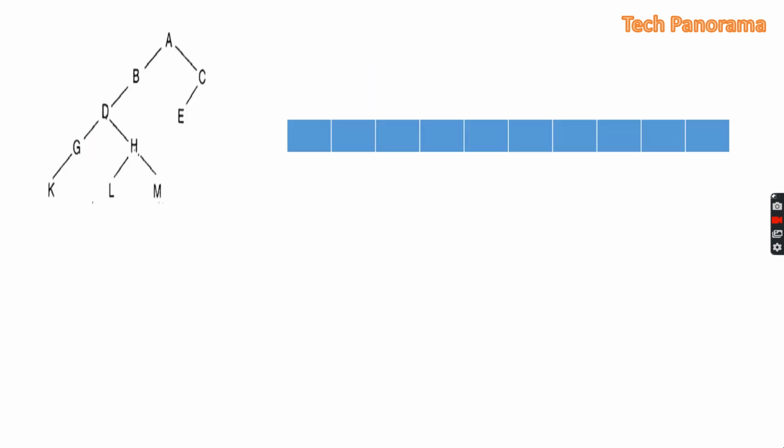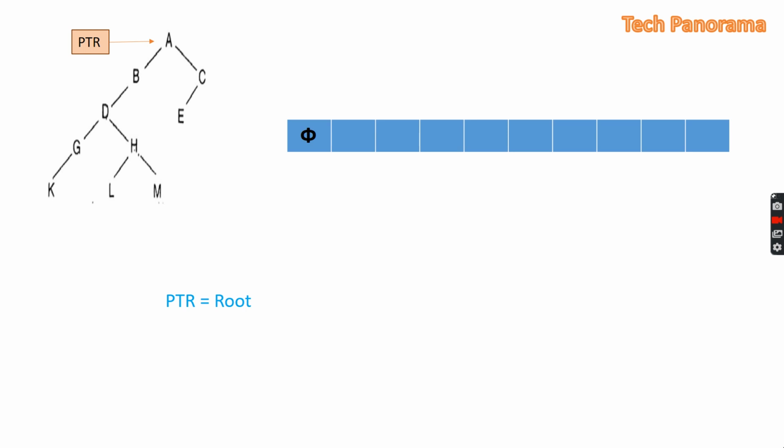Here I am taking an example. First, we will push null into the stack, then set PTR equal to root. So the PTR will point to A. Then according to the in-order traversal, we will move leftward. We keep moving to the left till there is no left element. When there is no left element, then we will start popping the elements, and first we will process that element, then we'll check its right.